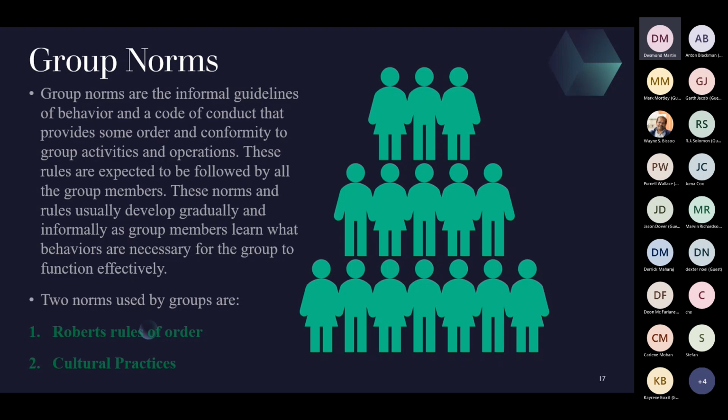Cultural practices. Cultural practices speak about habits in the group, such as arranging the chairs. You might go to a group meeting and they might want the chairs in a circle. They might want to start the meeting with an introduction. They might want to introduce new members to the group and any guests that they have, or they might congratulate group members on their accomplishments.